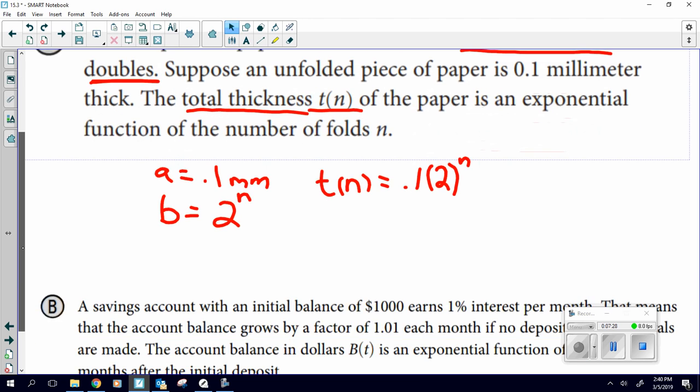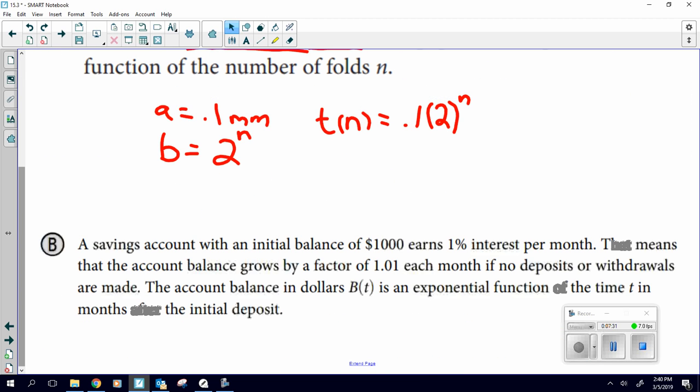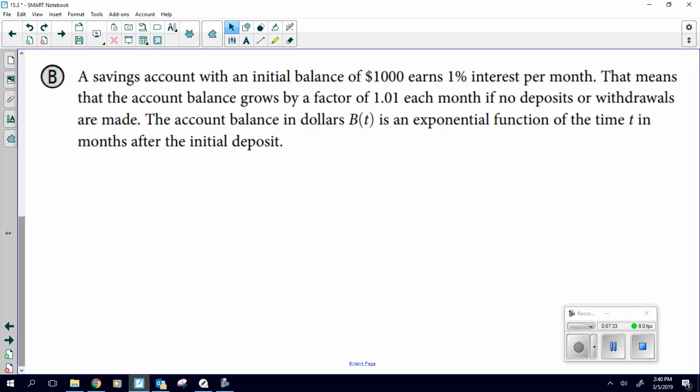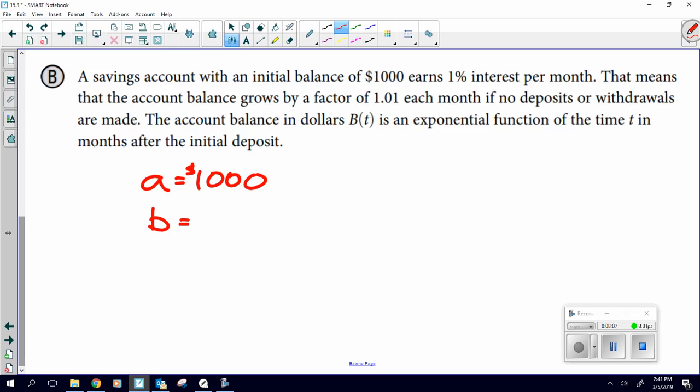Let's see if we can do another one. Okay, I'm going to extend this to make sure that we can see this, okay? Sorry. All right. A savings account with an initial balance of $1,000. So we have an initial idea. Earns 1% interest per month. That means that the balance grows by a factor of 1 and 1/100th each month if no deposits or withdrawals are made. The account balance in dollars B of t is the exponential function of the time t in months after the initial deposit. So what our B is... now we got to be careful here,